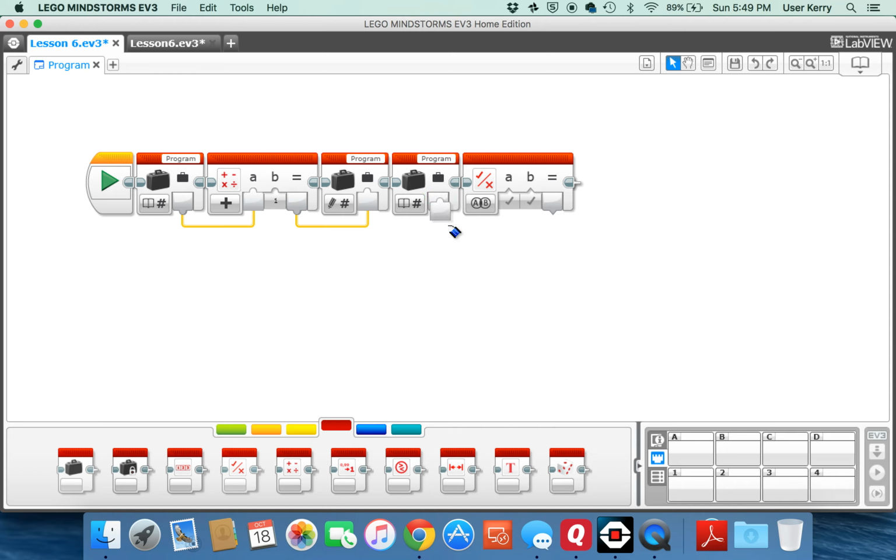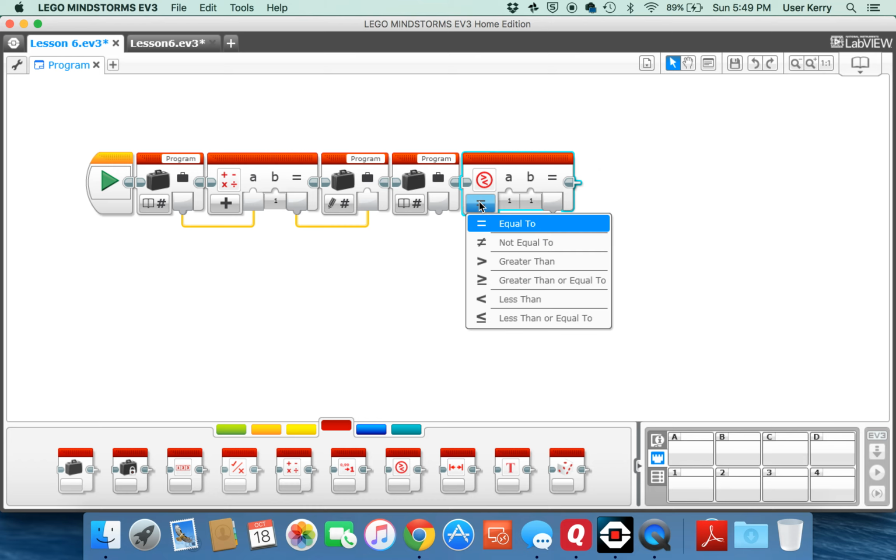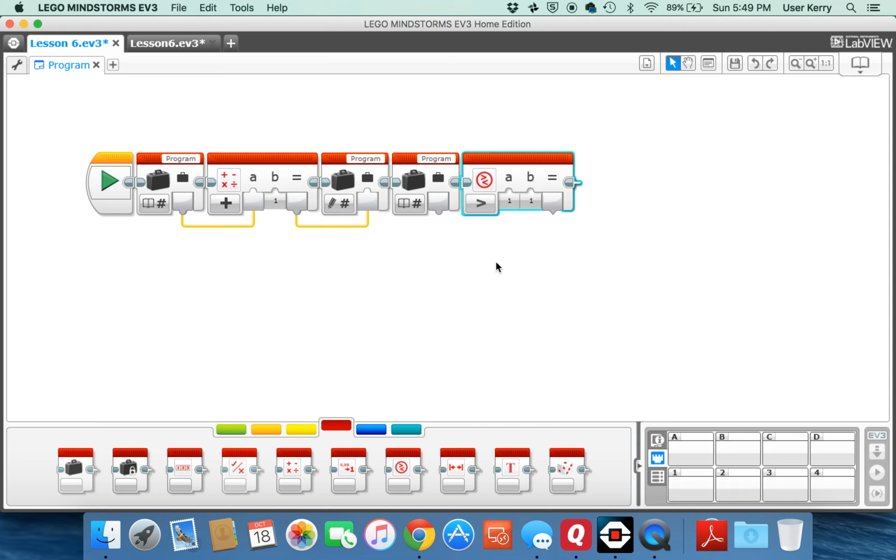This will be read program. I guess I got to set my logic first. Well, that's not what I want. I don't want a logic block. I want a compare block. That's my bad. That's what the logic is looking for. I want to compare if greater than. If A, which is our program, is greater than 5,